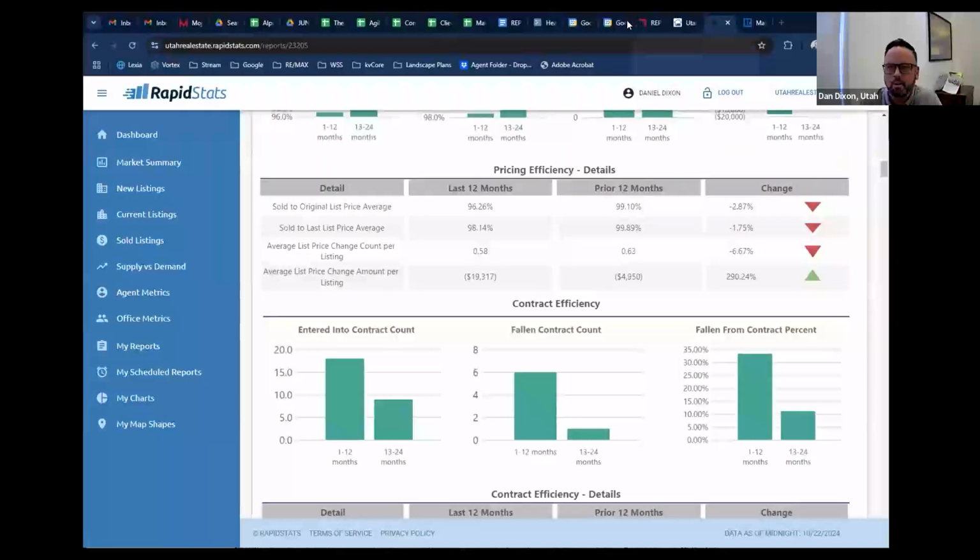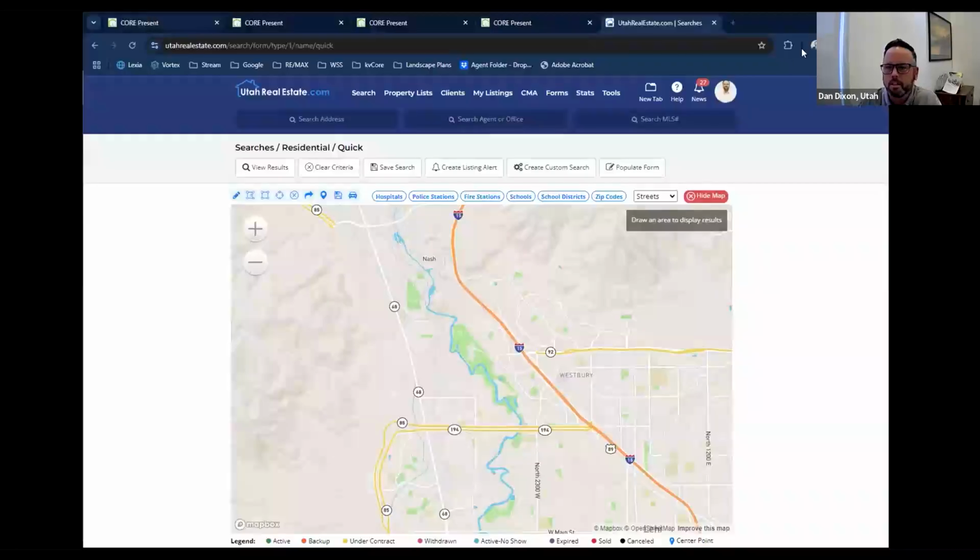So with that, let's get over to kvCORE and Core Present and go through the listing package and how to modify that. Aaron, am I sharing my screen, or are you? I thought you were going to, but I can if you want me to. Oh, I sure can. Okay. All right, that's the wrong screen. Let's share a different screen. Let's do this one. All right.